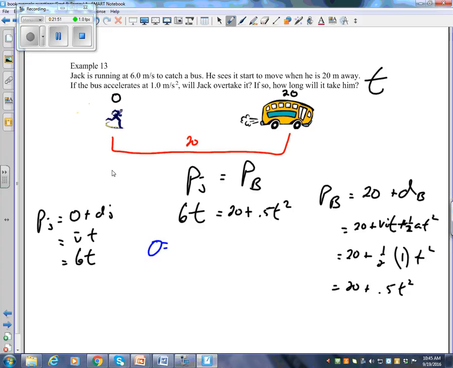So 0 equals, put them in order, 0.5 t squared. Then comes the t. No, this is the plus, right? That's a plus sign, yeah. You had me confused there. That's a plus sign, so it's going to be minus 6t. That's why I put that little tail on the t. Minus 6t plus 20. So your a is